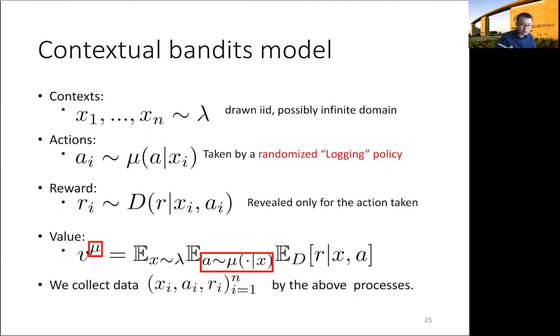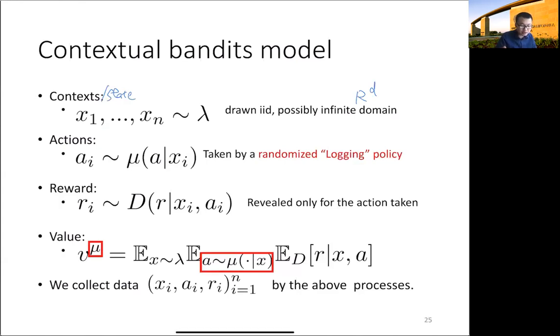We consider the context, or the state, where we use X rather than S to be consistent with the typical choice of these letters in supervised learning, where X is typically the feature vector. We're adopting this because it is the same assumption as in supervised learning. So X is drawn IID from possibly R^d, and the actions